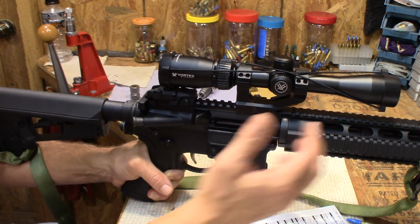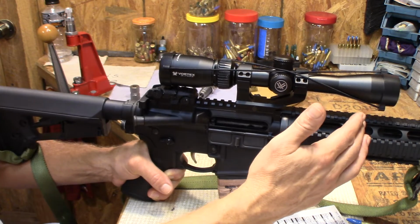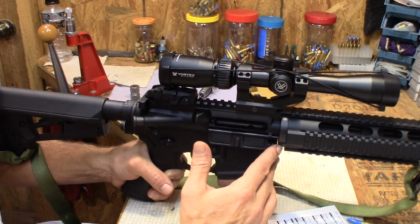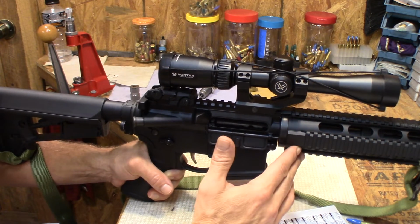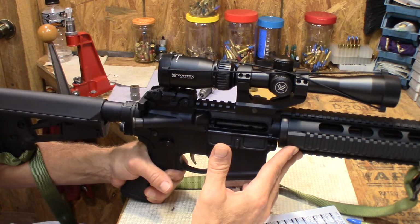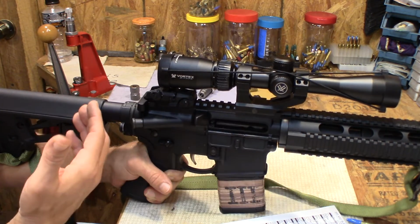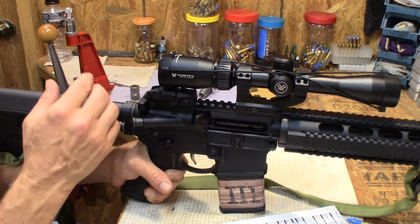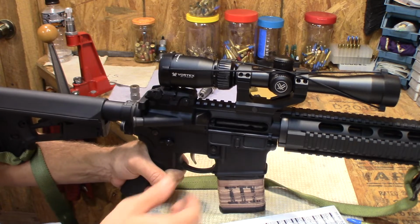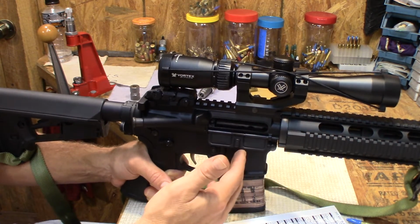I don't think, if you have a pistol length gas system, now other people are more than welcome to chime in and talk about their own experiences as well on this. By all means, please. But with the pistol length gas system, I wouldn't really see changing a buffer spring to be something that you would need to do. Now, in my case,